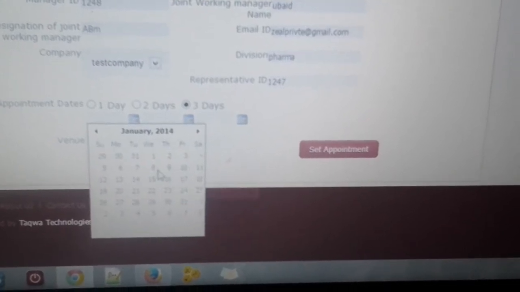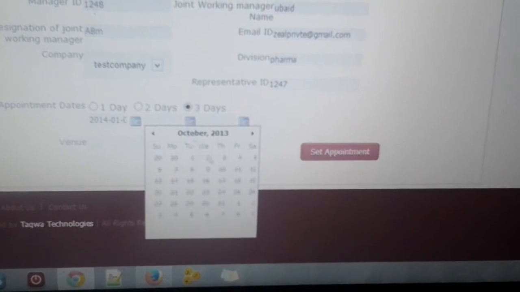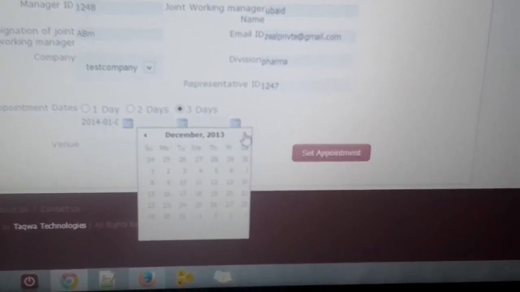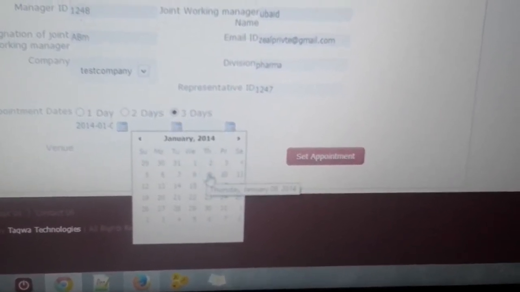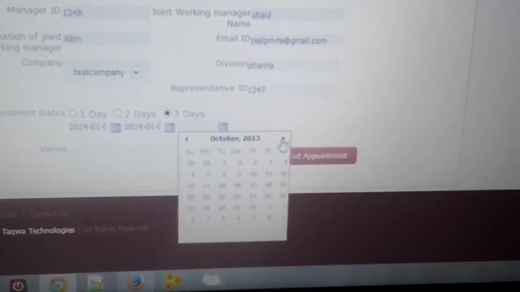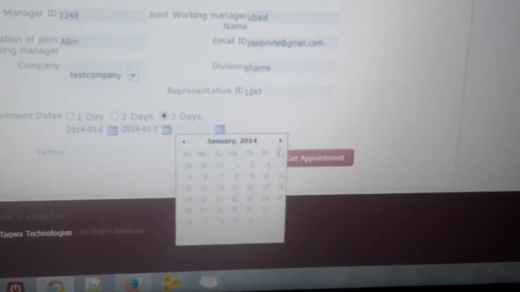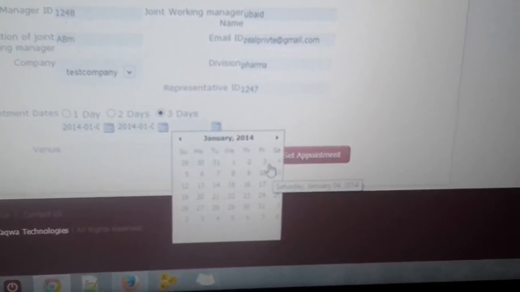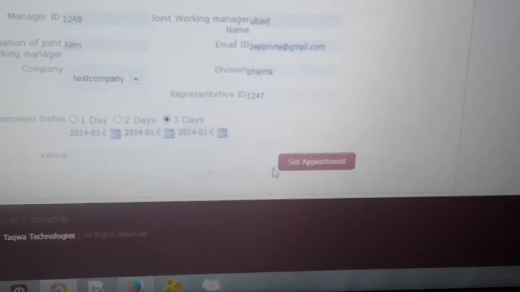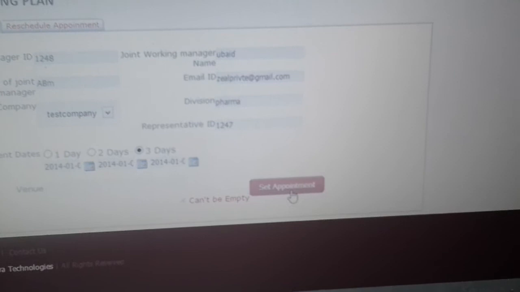Suppose one is 1st Jan 2014, second, and the third day is the 3rd Jan 2014, and then he will simply click on set appointment.